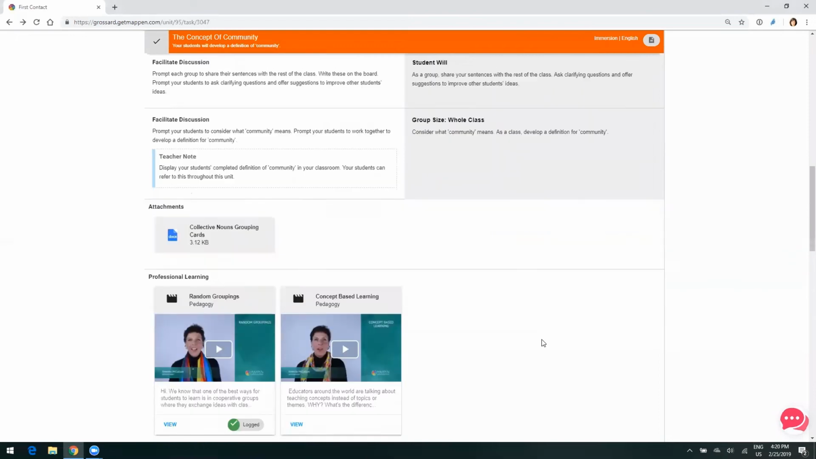And underneath that, what you will see is the professional learning. This is quite unique to MAPPEN, because basically what we've done is where a new idea or a strategy or a pedagogy is introduced in a task, that is where you will see the PD video. So as I just mentioned, in this task it is suggested that you randomly group your students. So we then provide a short 3 to 5 minute video on why you might randomly group them. So if I click on that,